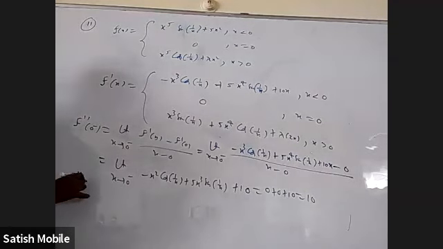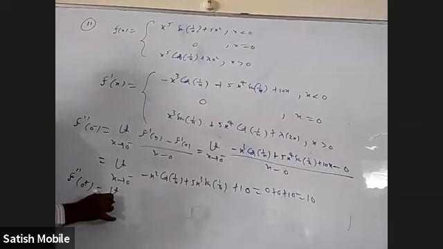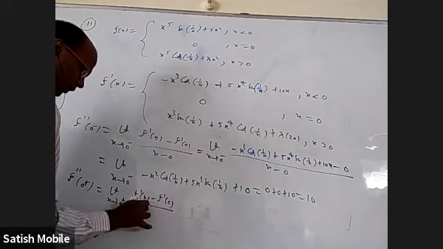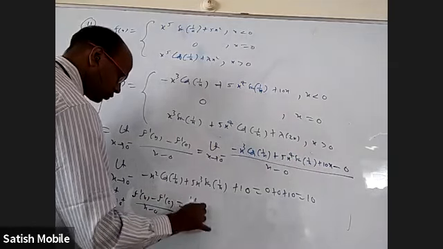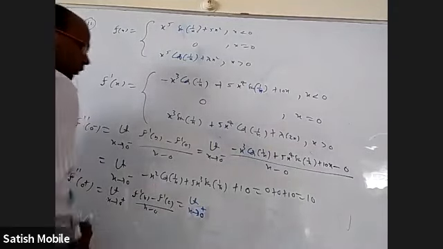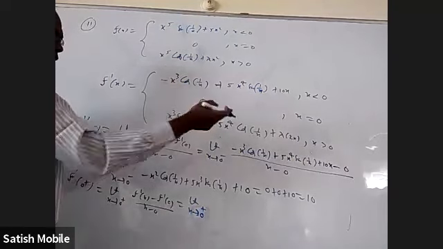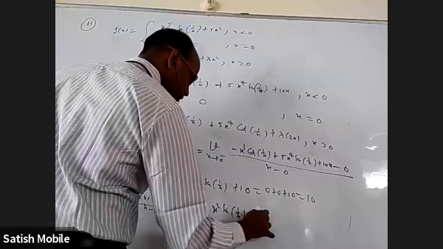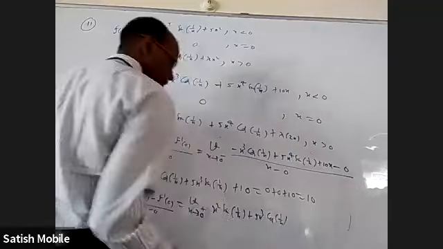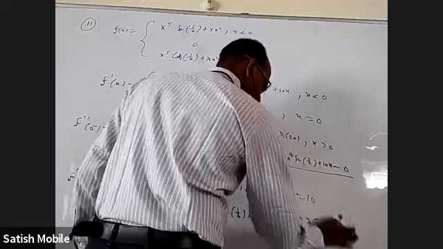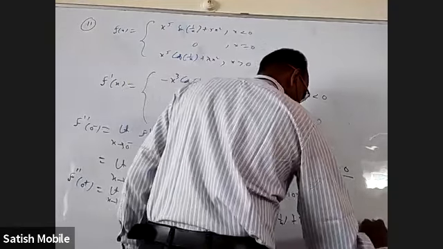What is f double dash 0 plus? Limit x tends to 0 plus f dash x minus f dash 0 by x minus 0. You have to take this one minus 0 by x. When I do all that, I'll get x square sine 1 by x plus 5x cube cos 1 by x plus 2 lambda. That is 0 plus 0 plus 2 lambda, which is 2 lambda.